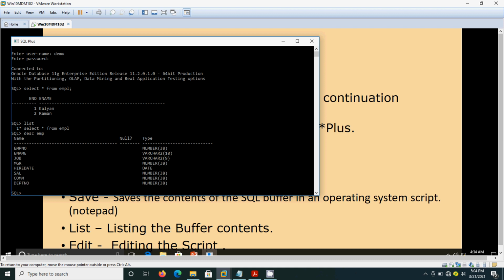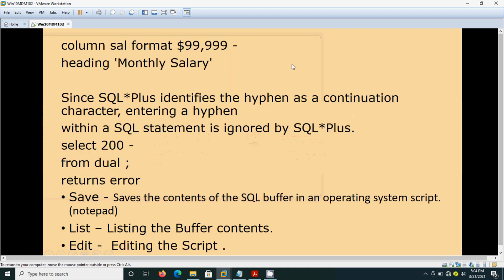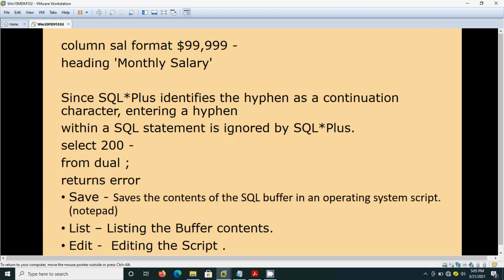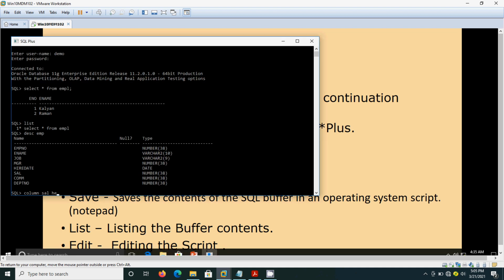Here the salary column is sal actually. Here I am going to give my own heading, my own column heading.